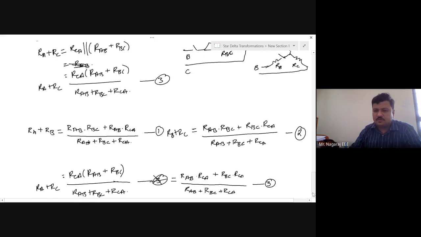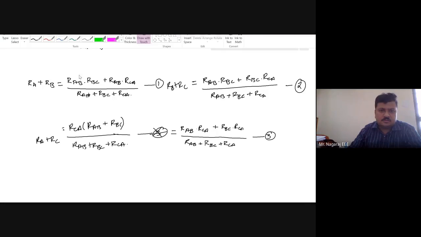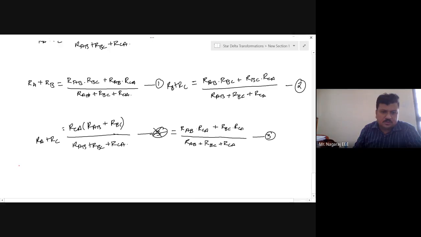So subtract equation 2 from equation 1. On the LHS I get: